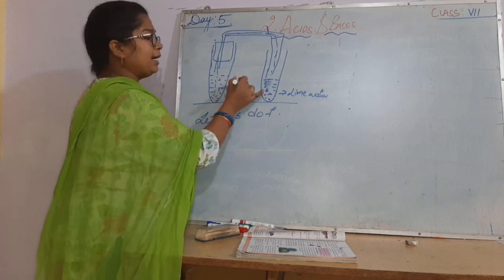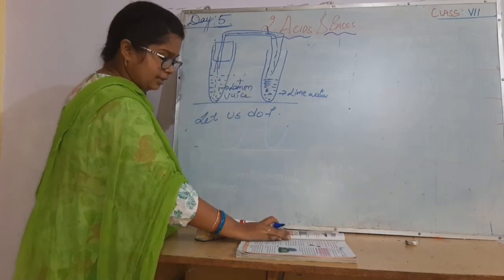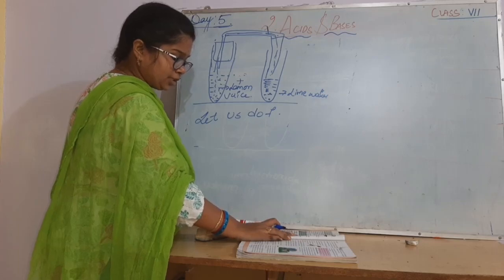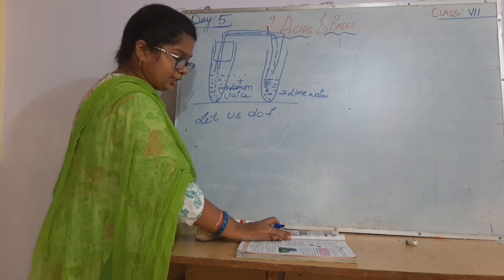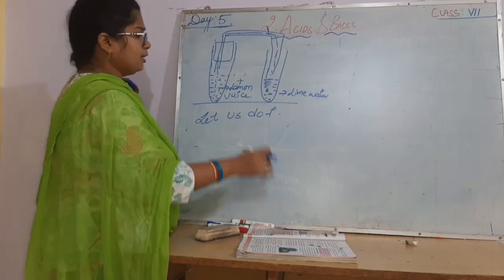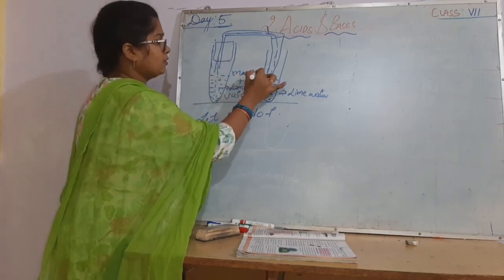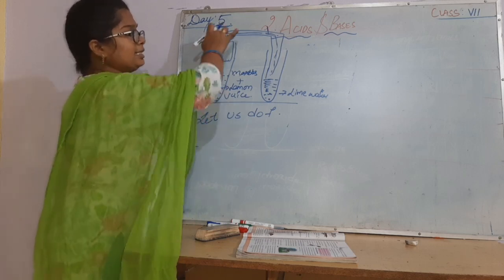Lemon juice added with marbles. Sorry. Take lemon juice in 2 test tubes and add some marbles to 1 test tube and eggshells to another. What do you observe? Bring the matchstick near the test tube. So what? You add lemon juice plus marbles. These two will react and a gas is released.